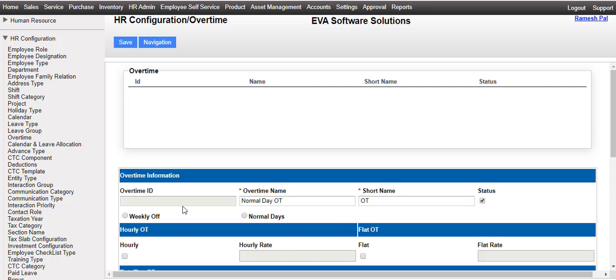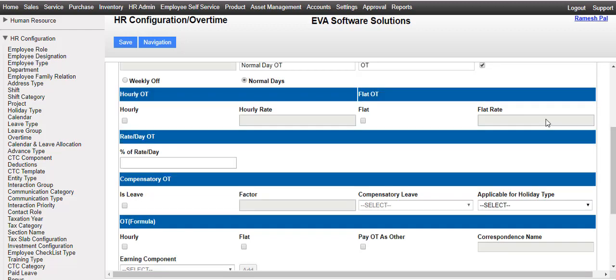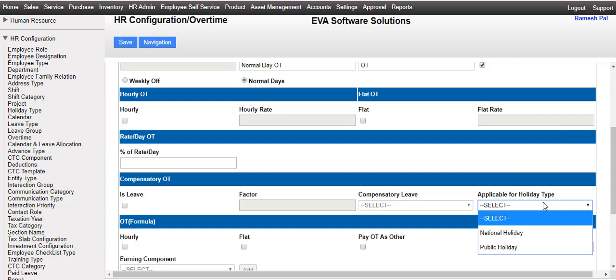If you are creating a weekly off OT, you should check weekly off checkbox. If you are creating a normal day OT, you should check normal day checkbox. If you are defining holiday OT, then from applicable for holiday type dropdown, select the particular holiday type for which you are creating overtime.